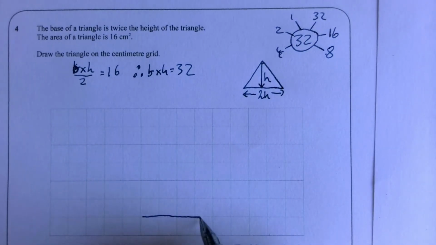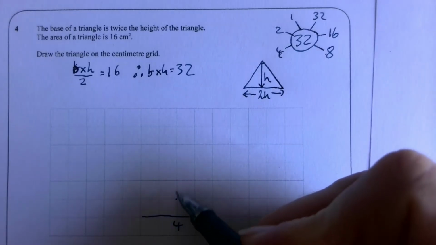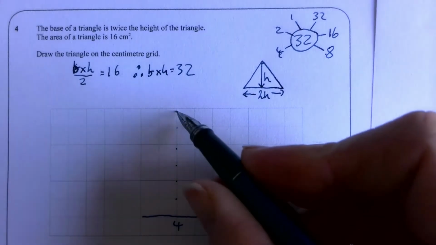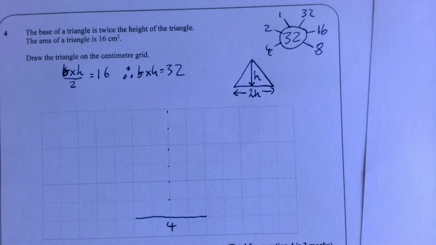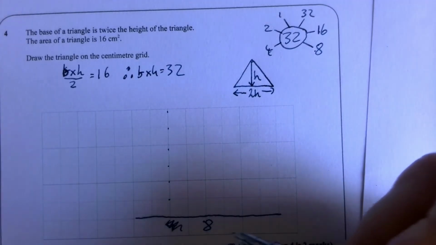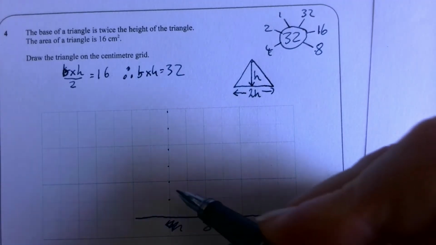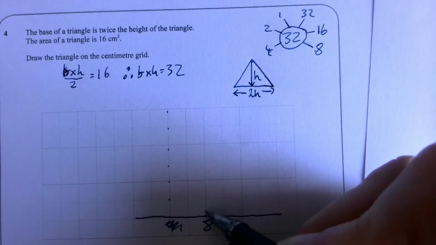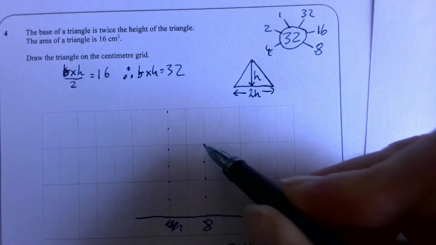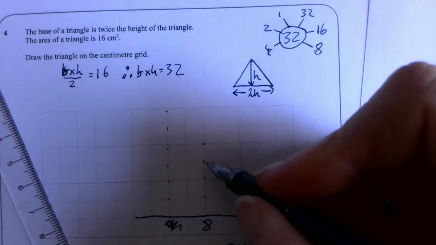4 centimeters base, and 1, 2, 3, 4, 5, 6. They've not given us... Oh no, the base is twice the height, so that's why 5, 6, 7, 8. And then if we go up, now it doesn't matter exactly, we could go right in the middle, or we don't have to, but 1, 2, 3, 4, as long as we have got a